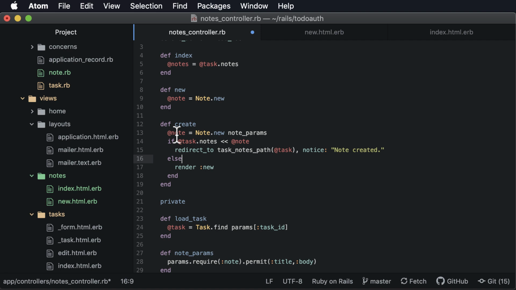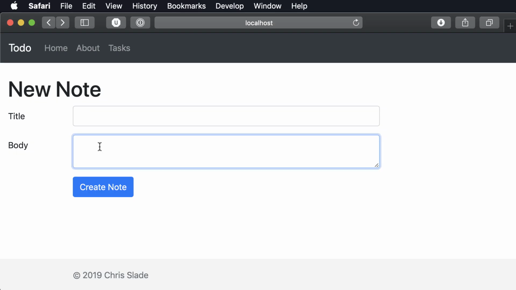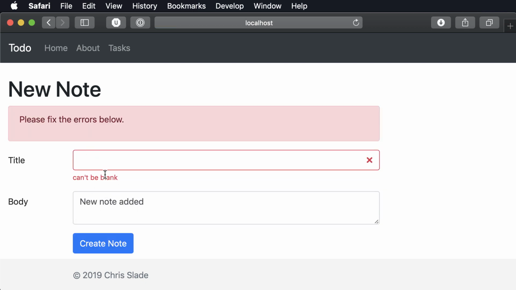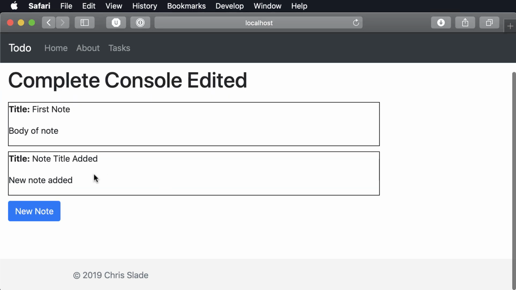So let's try this out. First, we'll try creating a note without a title right here. And you could see there's an error right here, so we can add a title here, and we created, and sure enough, now we have a new note. Next, we need a show view, so we can click on this and see one note,